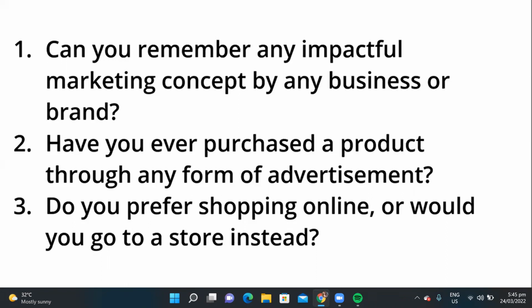Next is, do you prefer shopping online or would you go to store instead? So, this pandemic, parang more on online tayo. And since umusbong na, sumikat na yung Shopee, Lazada. Para ka lang nag-online games pero may involved na money, di ba?